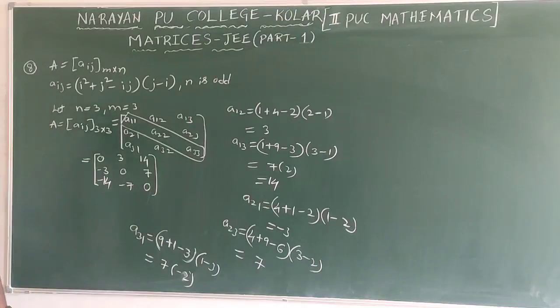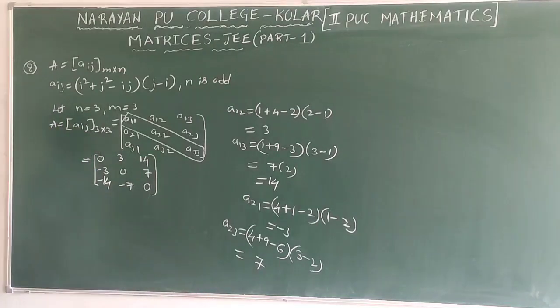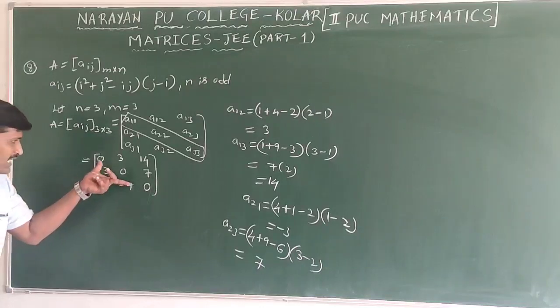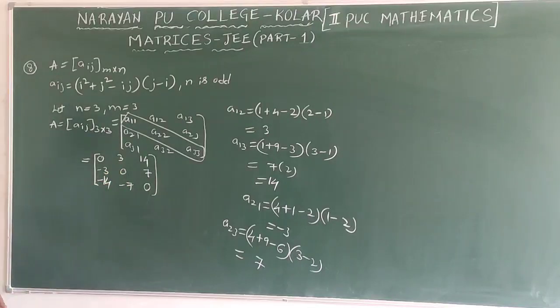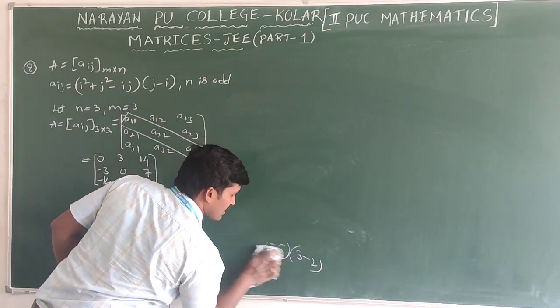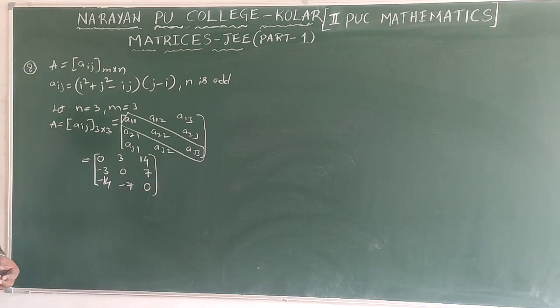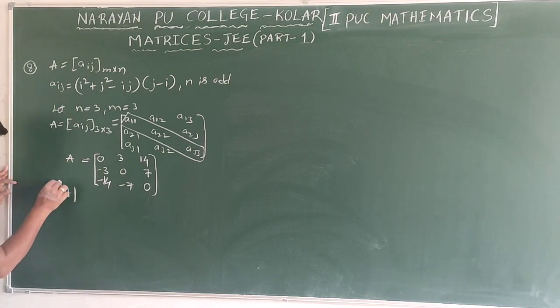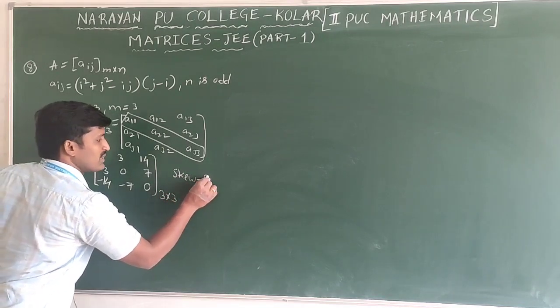Now observe in this matrix, it is clearly a skew symmetric matrix. Why? A transpose equals minus A is satisfied. Otherwise, diagonal elements are 0 and non-diagonal elements have opposite signs. That's why it is clearly a skew symmetric matrix of third order, order 3, as I just said. The determinant of a third order skew symmetric matrix is 0.